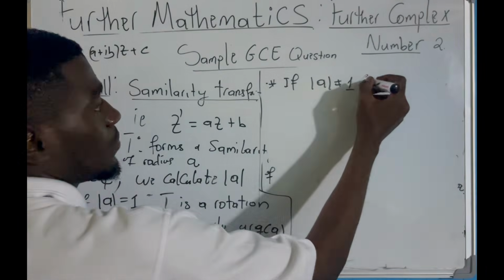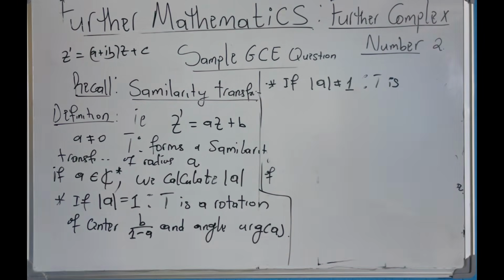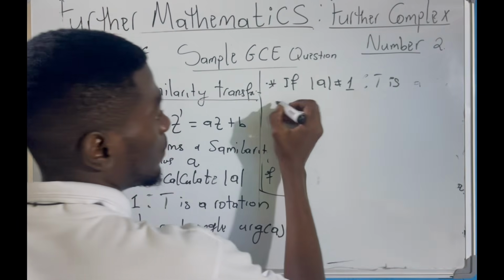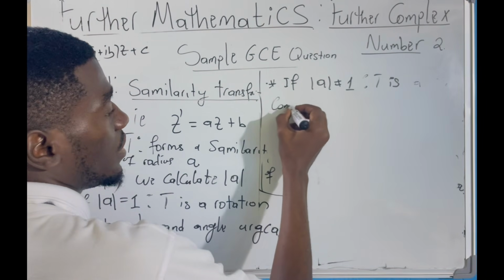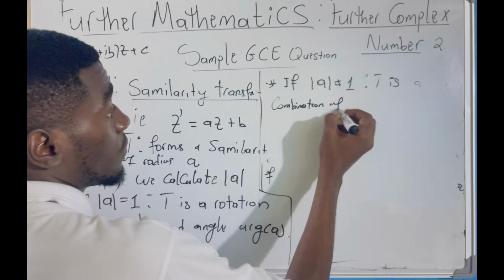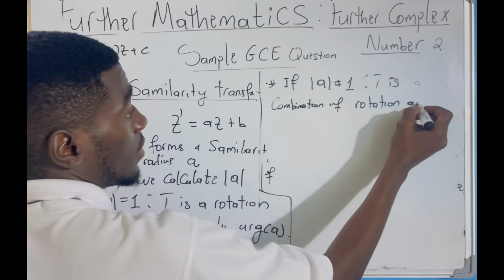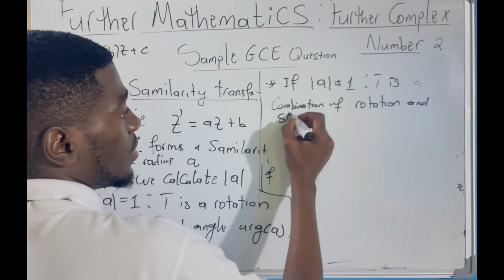We will say that T here is a combination of a rotation and a scaling. Are we understanding? So T is a combination of rotation and scaling